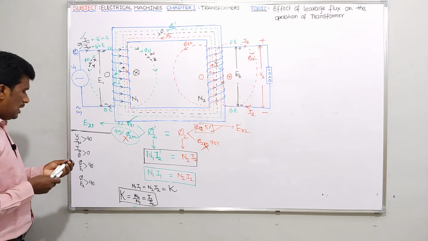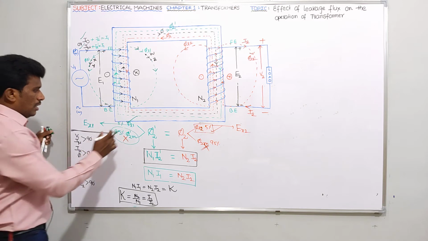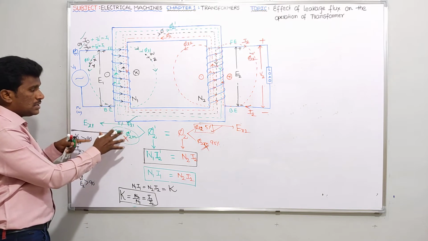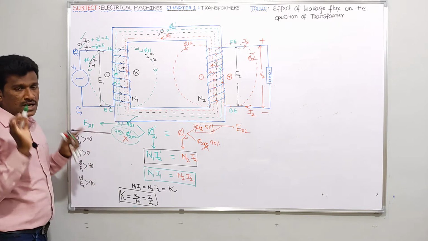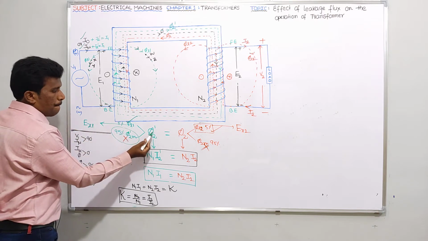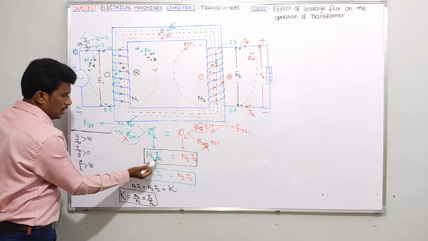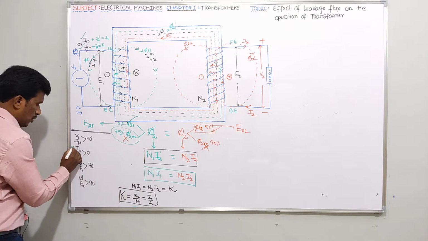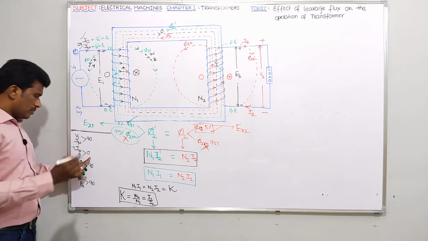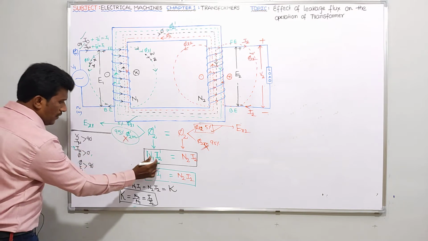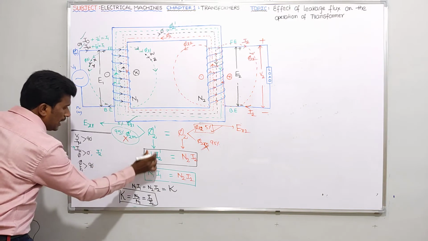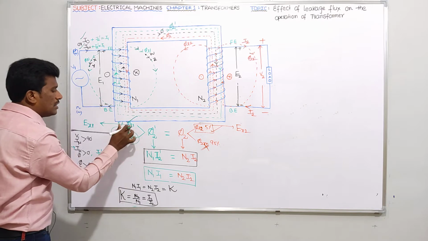Okay guys. Similarly, I am asking, tell me now, here phi L1 is there, no? Phi L1 is related to which flux? See, I am using the same color. Please try to see at least the colors and tell me. Phi L1 comes under phi 2 dash. Phi 2 dash is due to which current? I2 dash. Just like previously I told, because of I mu you get phi, and the angle between I mu and phi is 0. Like that, because of I2 dash we are getting phi 2 dash, and under this phi 2 dash only we are having this phi L1.